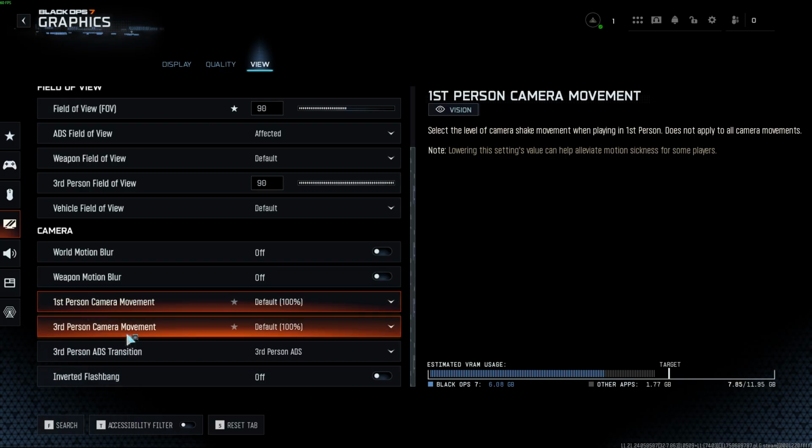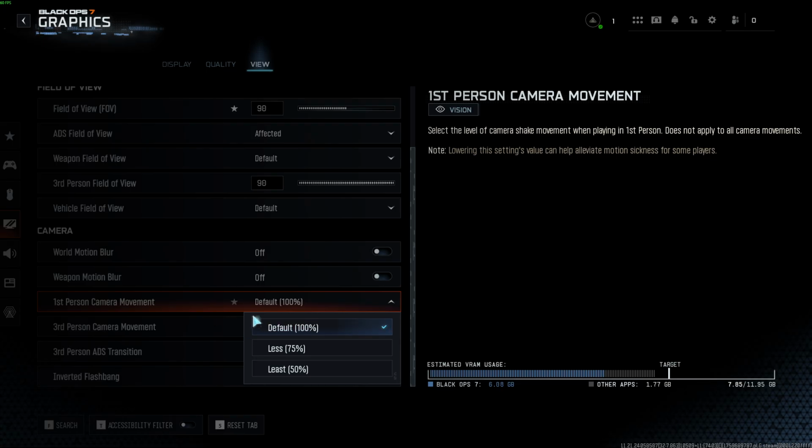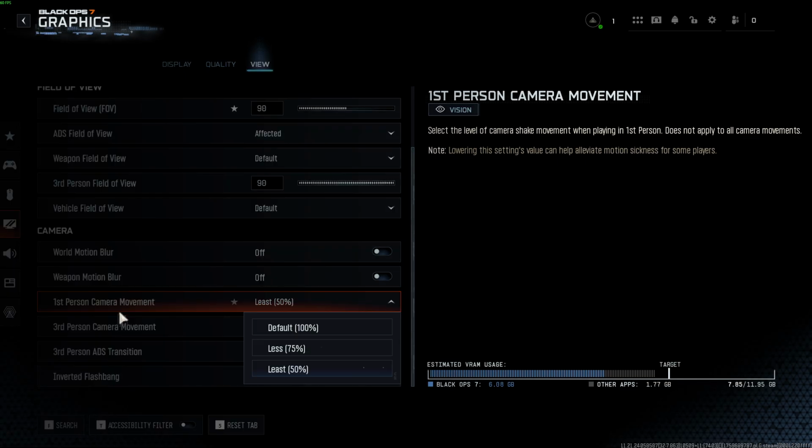Now, the following two options are the camera movement settings. So if you want your camera to shake less, you have to drop one of this list down and then select either less or least, and this way you will reduce the camera shaking movement for both first-person camera and